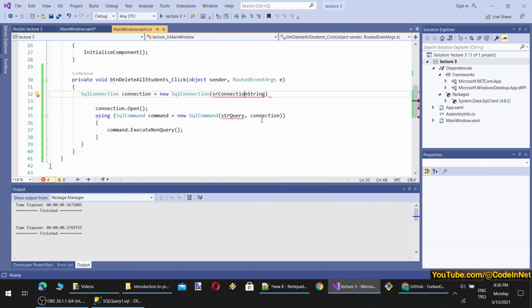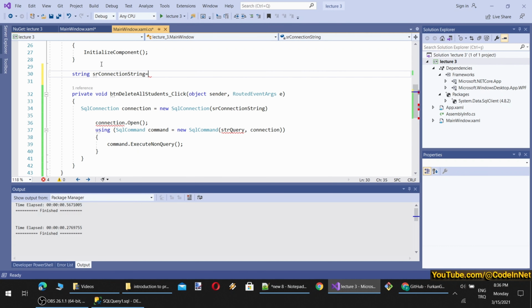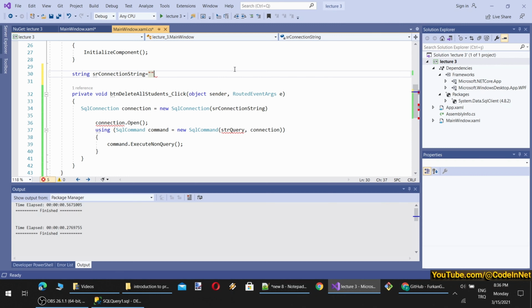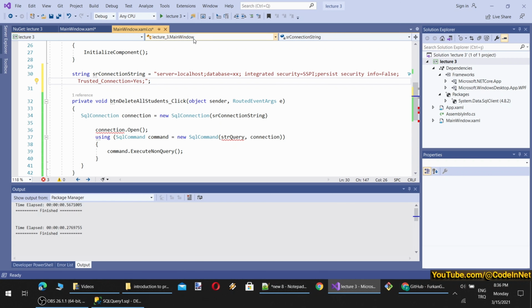We need a connection string. Let's define our connection string here. This is a kind of tricky part, therefore watch this part closely. I can use either Windows authentication or system admin authentication, for which you have to set a system password when you are installing. For easily solving it, I will show the Windows authentication. The server is localhost by default, and the database. This is important, which database we will use.